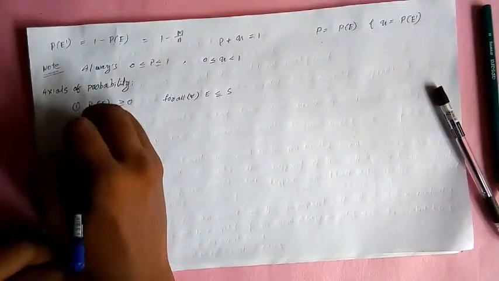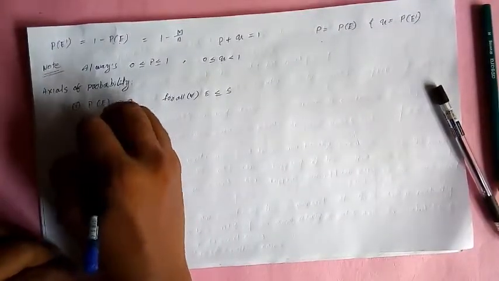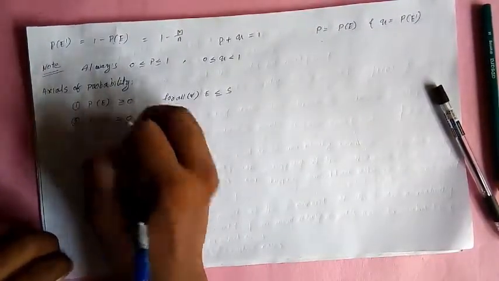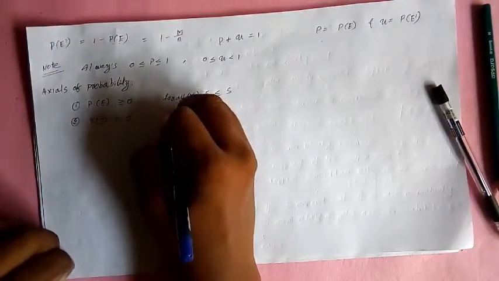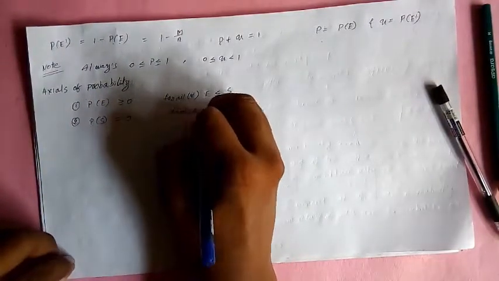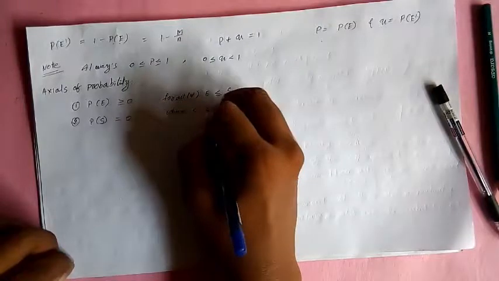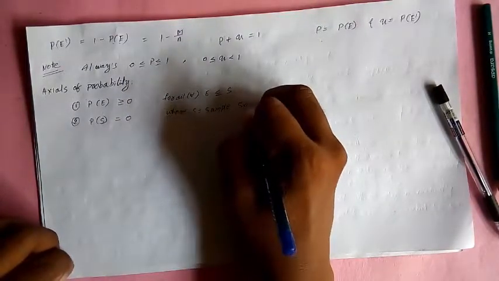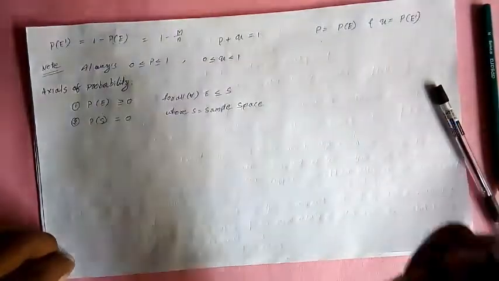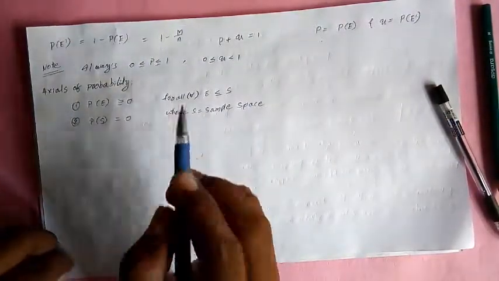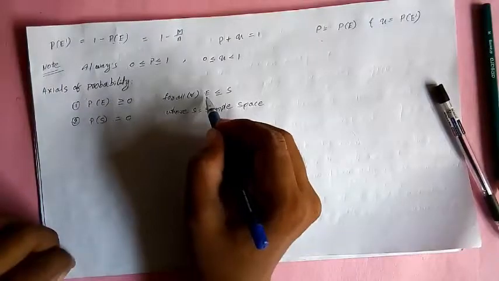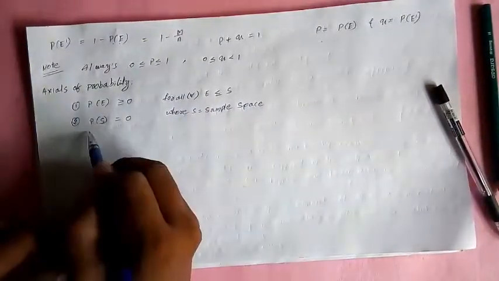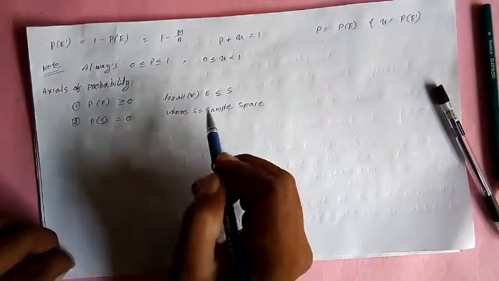And second one, P of S is equal to 1, where S is the sample space. First one is P of E is always greater than or equal to 0 for all E less than or equal to S. And second one, P of S is equal to 1, where S is the sample space. And third one,